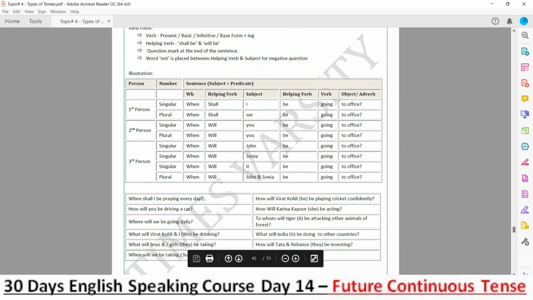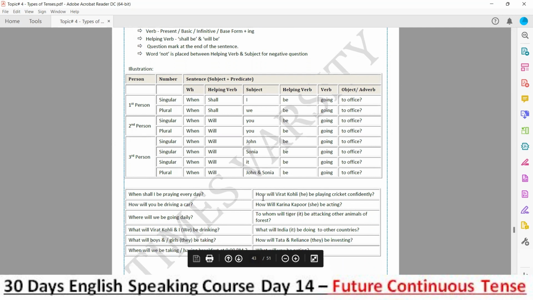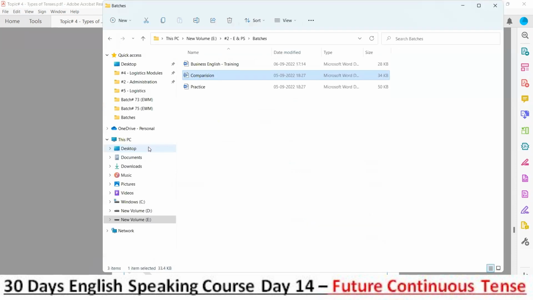For example, how will Virat Kohli be playing cricket? So the confidently should not come here. So let me correct this one. So answer will be like confidently, but question should be,